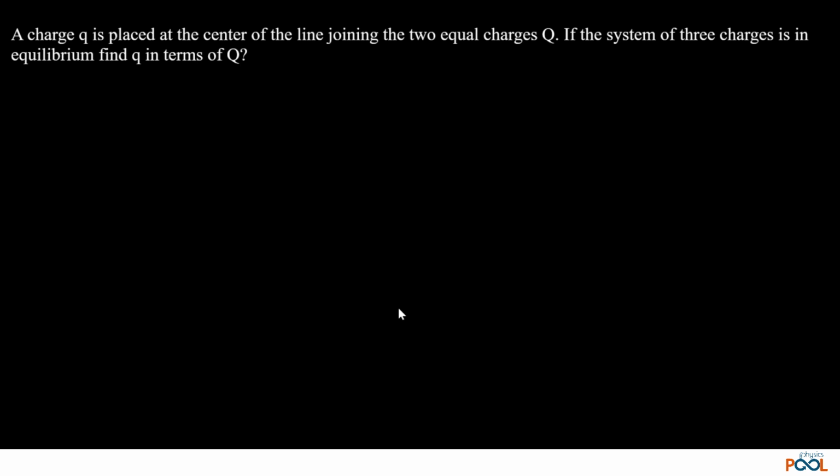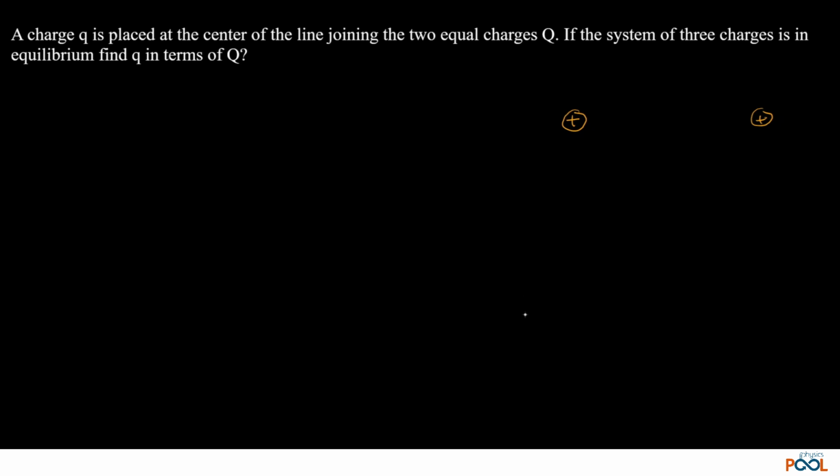A charge q is placed at the center of the line joining two equal charges capital Q. If the system of three charges is in equilibrium, find small q in terms of capital Q. Okay, three charges are to be considered, in which two capital Q charges are kept